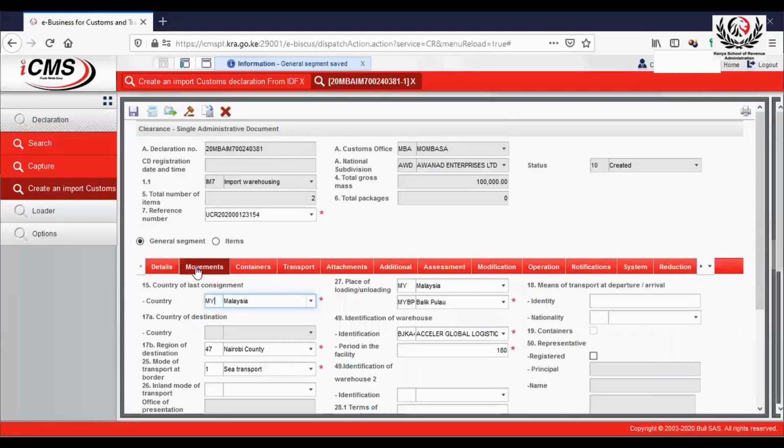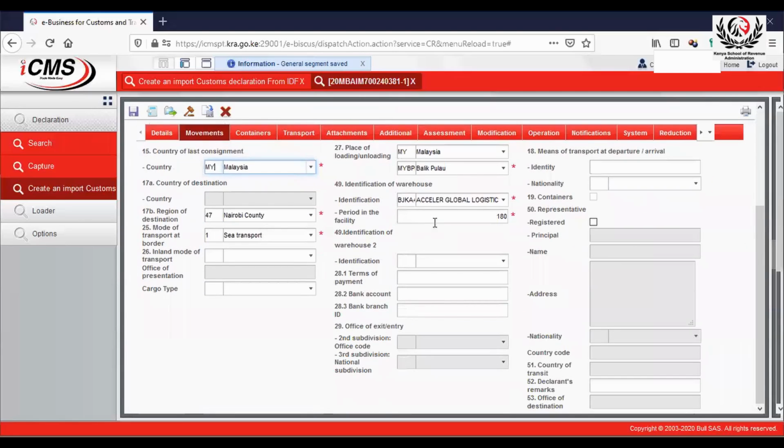Now, in this case, you will notice that I have the data that I've captured. I've told you that this is for warehousing declarations. This is one of the most important fields. Now, if you are to key in a facility which is not licensed,